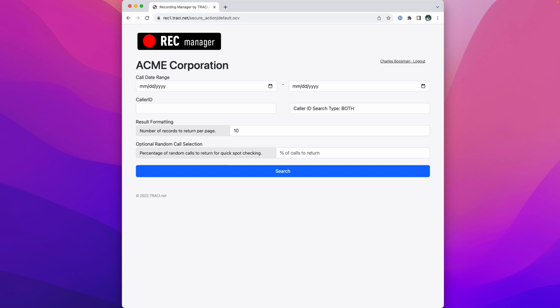Now, accessing these call recordings can be a little bit cumbersome because they're just all stored in a folder on your FTP server, and there's not really an easy way to access them. So what we've done is created an interface called Recording Manager that basically indexes your FTP server where the call